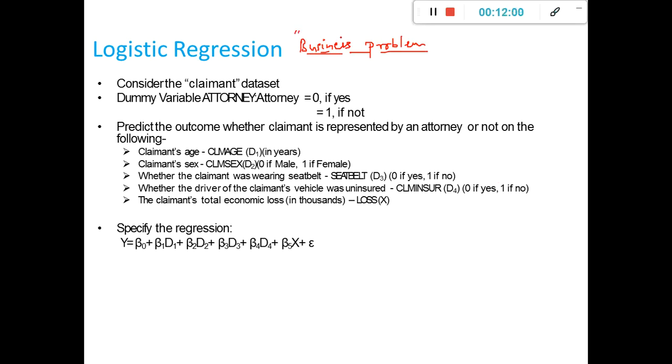Now, what is this business problem? Whenever we are dealing with predictive modeling, or writing the models, the number one thing to remember is to understand the business problem very, very well. If you don't understand the business problem, it will be very difficult